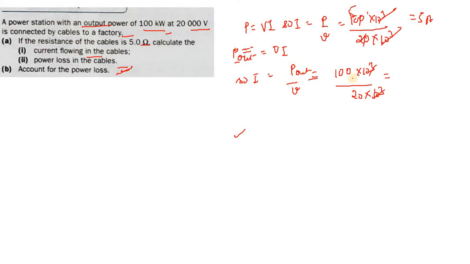Just now we have already solved the current, so the current is done. This is the power loss. P is equal to VI, so it will be V square by R, or I square R, because they have already given the resistance. So just put in the value of the current I got. This is the part 2. So I got how much? 5 square into